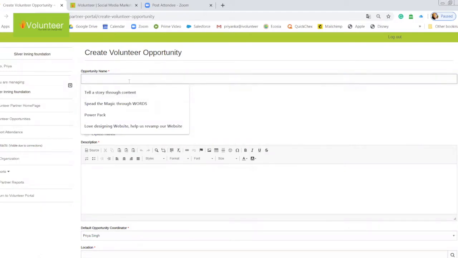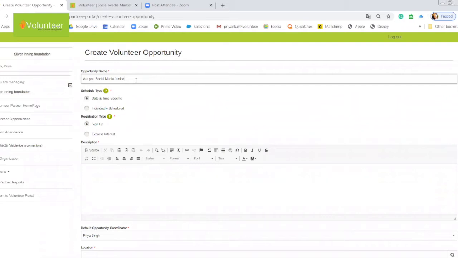Or it could be managing the social media page, but instead of just writing help manage our social media page, write, are you a social media junkie? Things like that will catch volunteers' eyes easily. It's good to have a nice, interesting opportunity name.